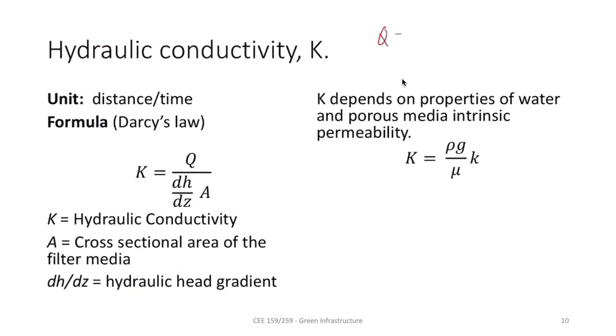So Q is the flow rate in a system through a porous media. It depends on three factors. First is hydraulic conductivity of a system, that is how fast water can move through that system. Then the hydraulic gradient, that is dH, the change in head, divided by L, and then